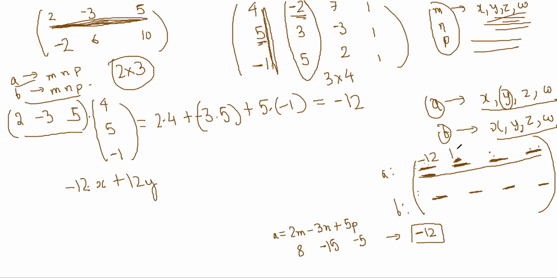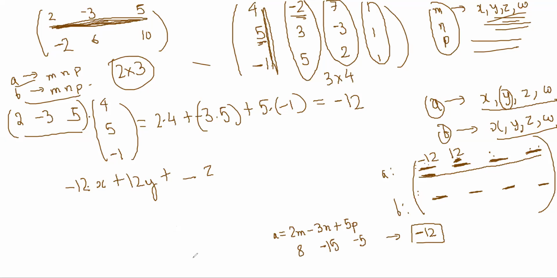This should be plus 12. 9. Minus 6, minus 4, minus 9, and 25, right? Yeah, okay, makes sense. And then you do the dot product of this with this one to get the z column, right? So basically matrix multiplication works like this. It's a set of dot products, right? Okay.